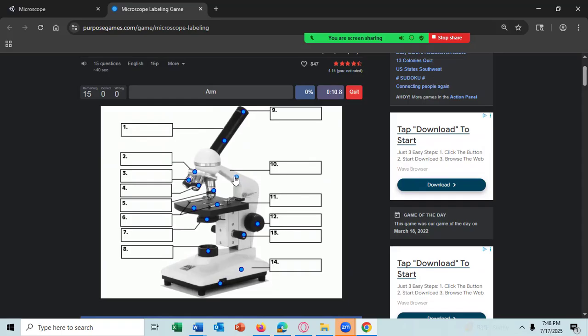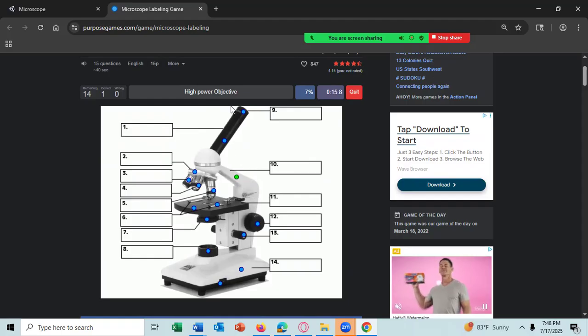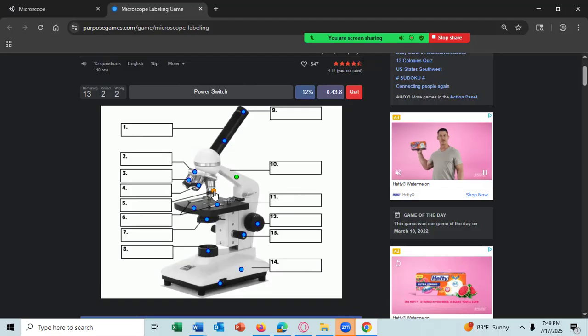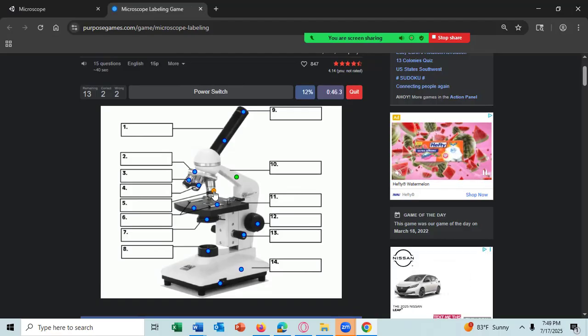which is right here. If you get the correct answer, it'll be green. The high power objective, I'm going to get this wrong. And it goes bonk if it's wrong. If it's right, I was thinking that was the oil immersion lens, but maybe that's the oil lens. All right. If it's wrong and then you get the right answer, it'll be